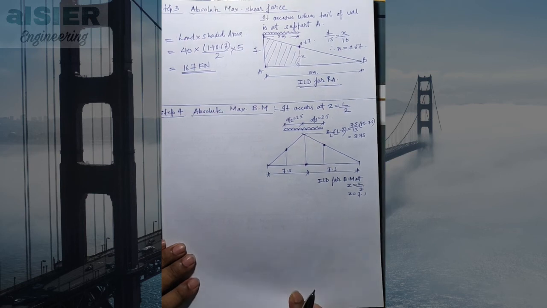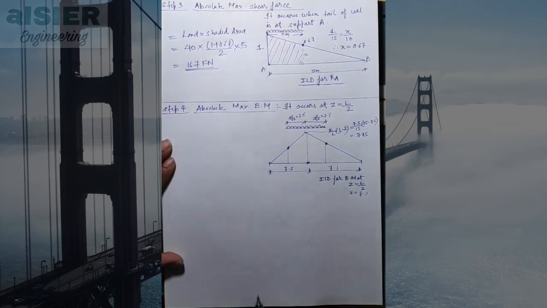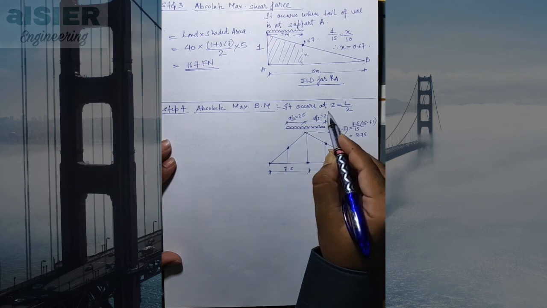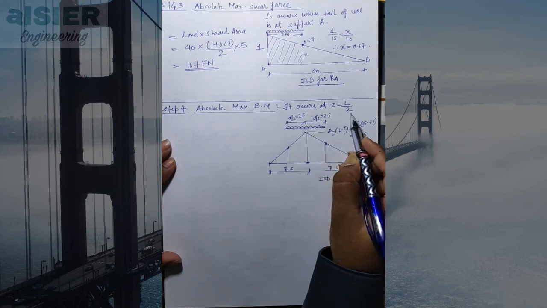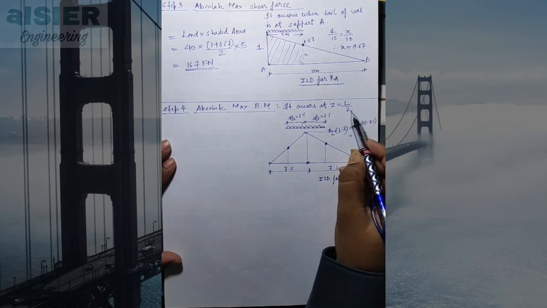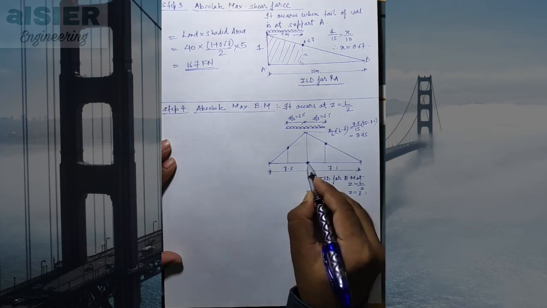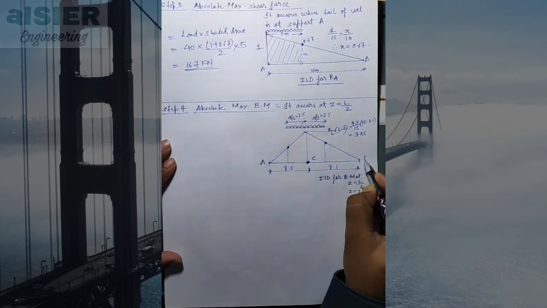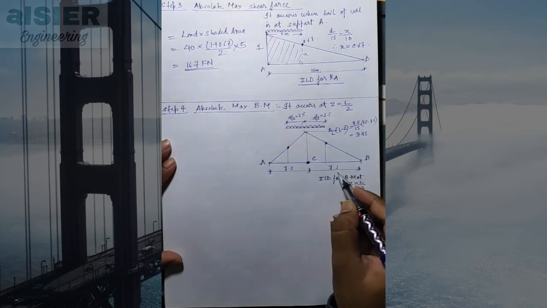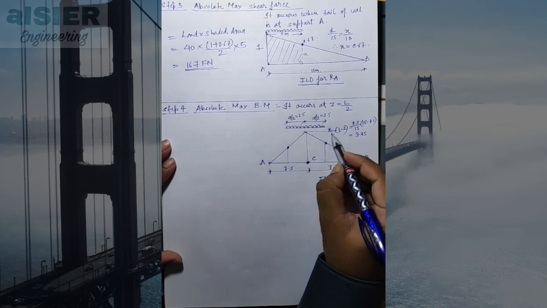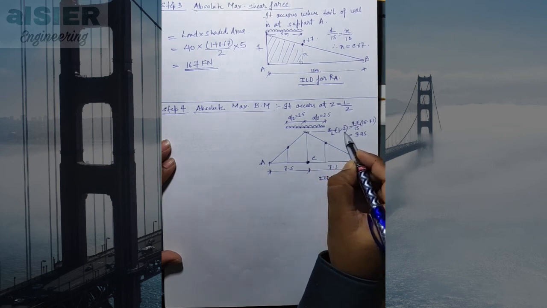Okay. Similarly, we will try to calculate absolute maximum bending moment. Now, absolute maximum bending moment will occur at section L by 2, means when section is exactly at center of the span. Okay, the span is 15 meter, means section will be at 7.5. So we have taken our section C at 7.5. This is A, this is B. So for this we will try to draw ILD. Now for ILD we know it is always triangular, and this ordinate is Z by L minus Z.